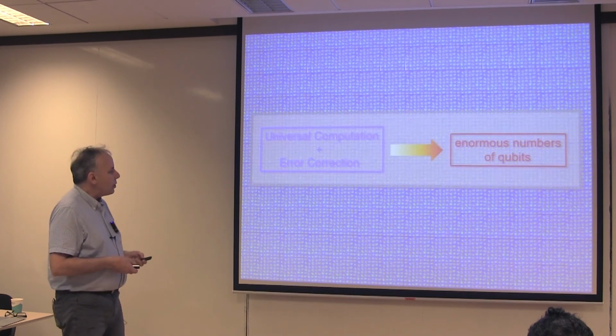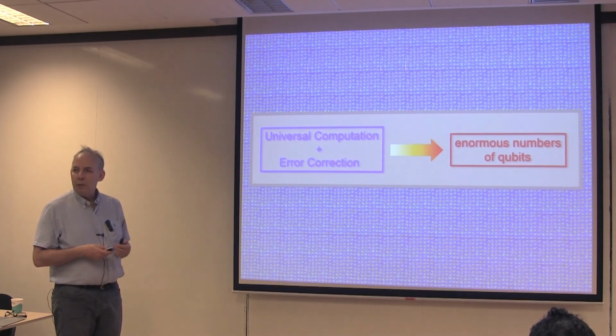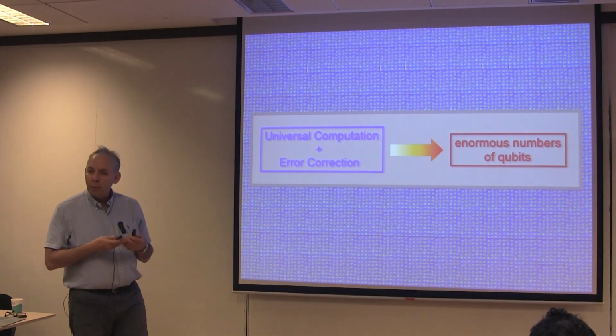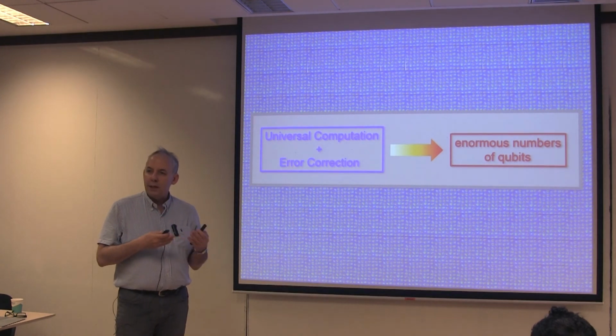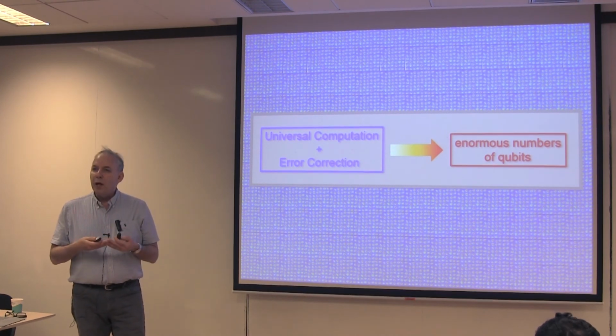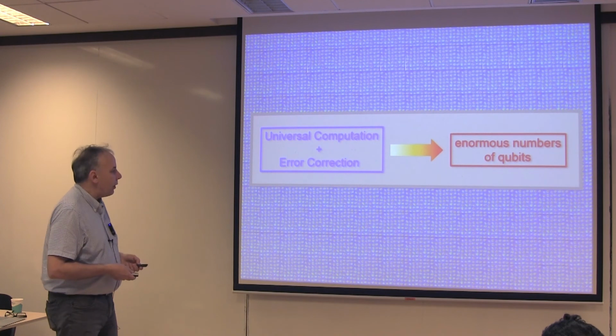In the quantum world, we know how to do error correction, but the overhead is much more severe. It's a factor of 100 or a factor of 1,000 per bit to make a corrected logical qubit. And so the combination of universal computation and error correction unavoidably translates into a very large number of qubits. With a 200 qubit quantum computer, we can probably solve some exciting problems in molecular physics and design of quantum materials that are far beyond classical capabilities. But those 200 well-functioning protected qubits may be many thousands or even hundreds of thousands or millions of physical qubits. And so that's a real challenge.